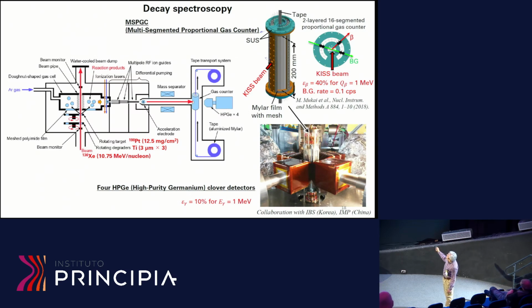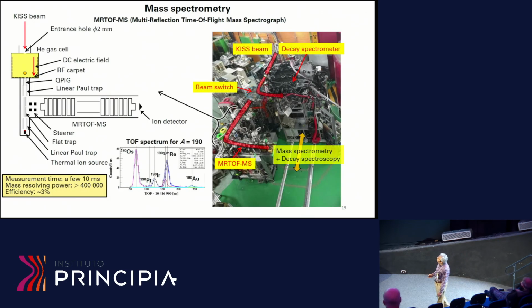This figure shows the beta counters, and the beam is stopped at the tape, and the beta rays from such short-lived nuclei are detected by the multi-segmented proportional gas counter. It was surrounded by the 4 high-purity germanium detectors for the beta and gamma spectroscopy. Such a decay spectrometer is located here, and the KISS beams can be switched to the decay spectrometer and also